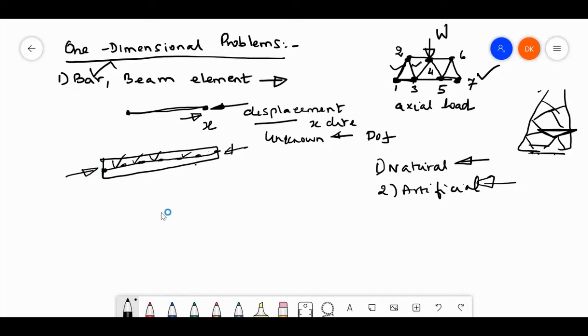If you have a long rod with one end fixed and the other end free, and you apply a load, what will happen? The rod will elongate with a small displacement. At each and every point there is a displacement, whereas at this fixed point, the displacement value is 0. If the displacement notation in the axial direction is u, then here u is 0.